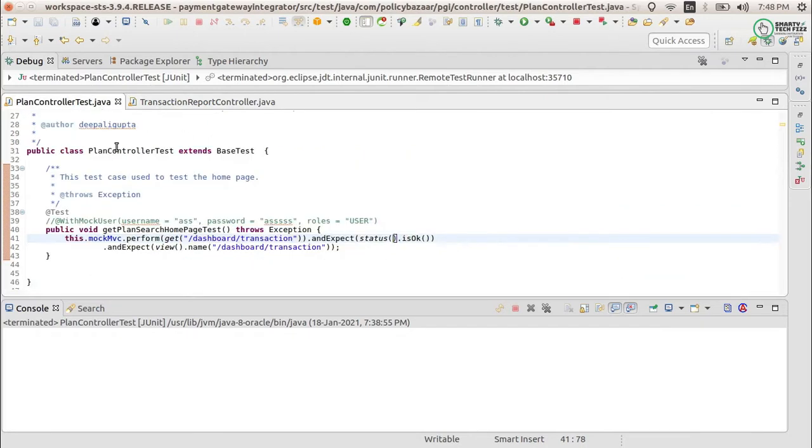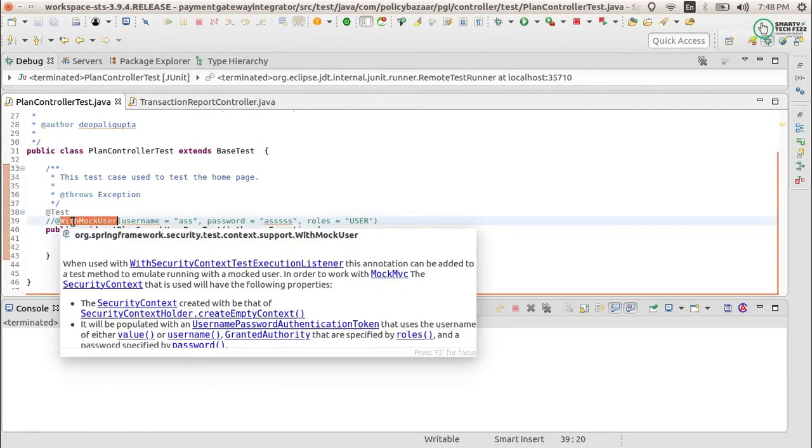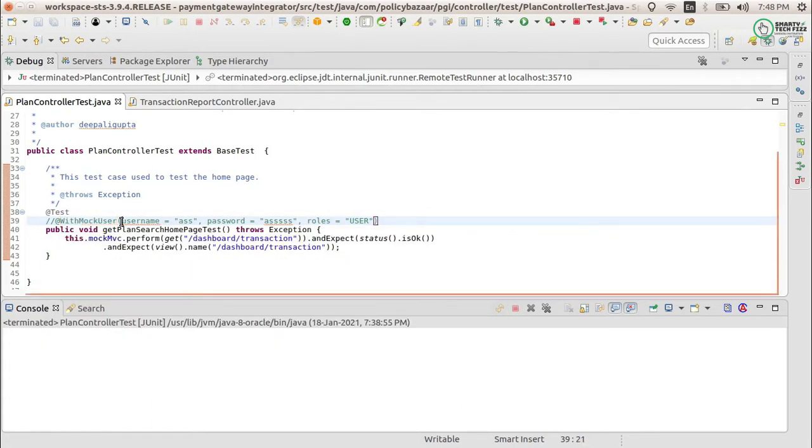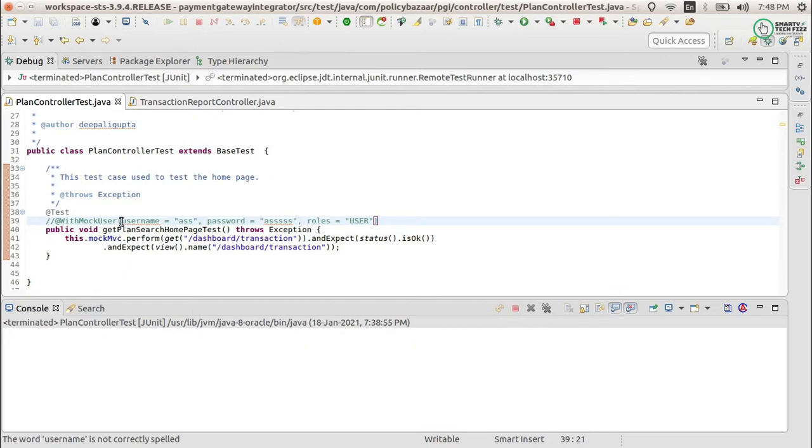So how can we provide that role? In Spring MockMvc, we will be using @WithMockUser. That is a dummy user we will provide to our JUnit test, and that user can be used as our system user, and it should be able to perform all the things that your project needs.